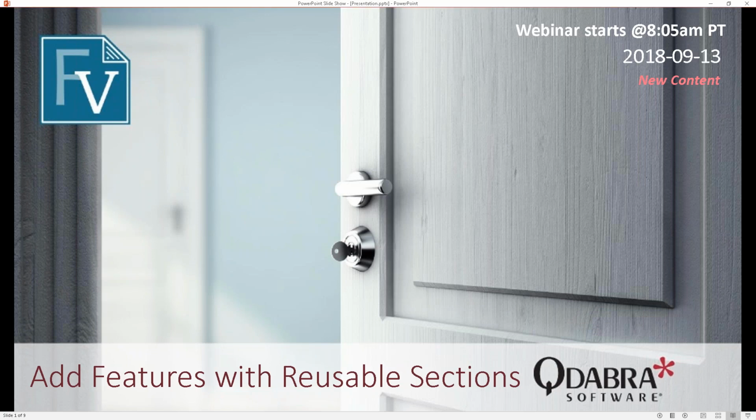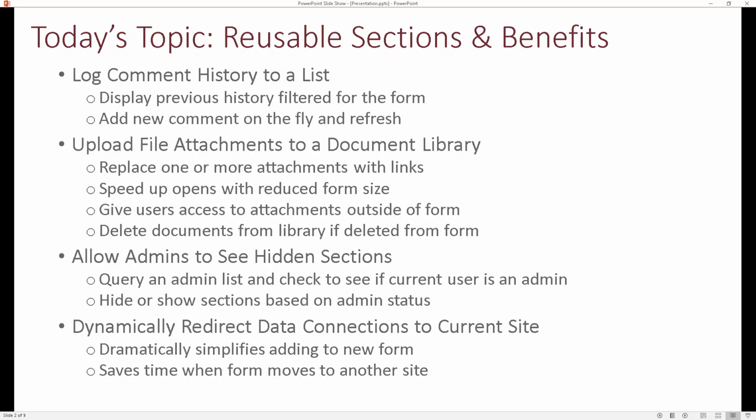We're talking today about some new reusable sections that we've added. We're going to be providing a package to you at the end of this webinar that will include these 4 techniques. And I've also got a bonus demo later after this. And today,